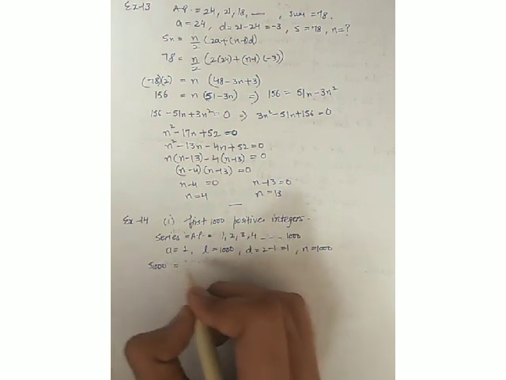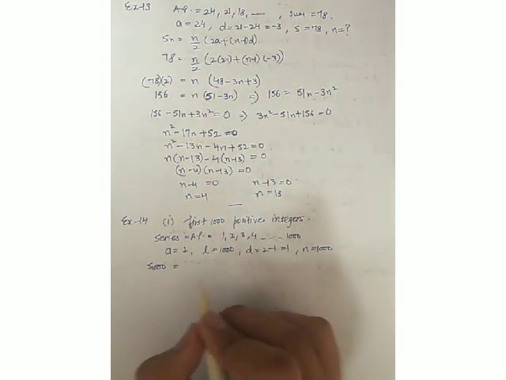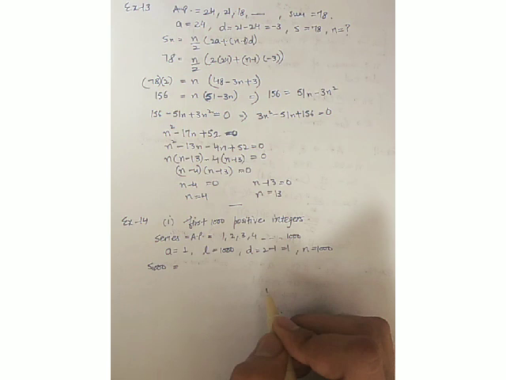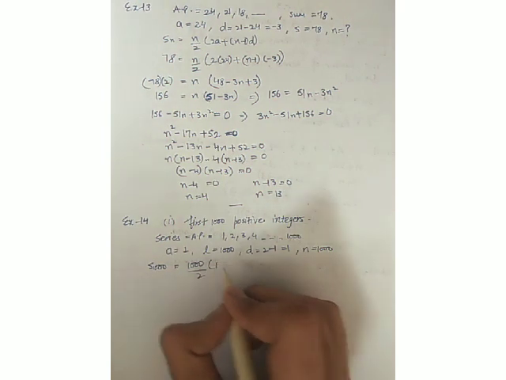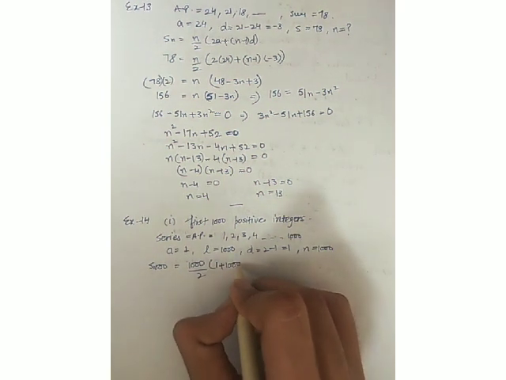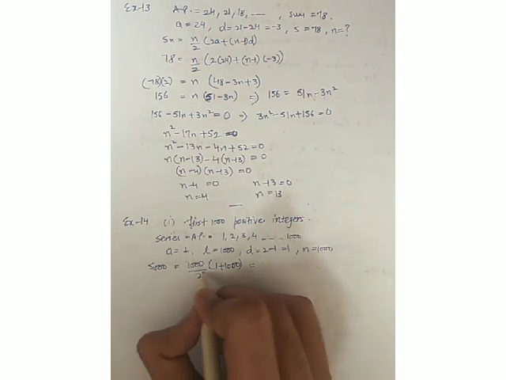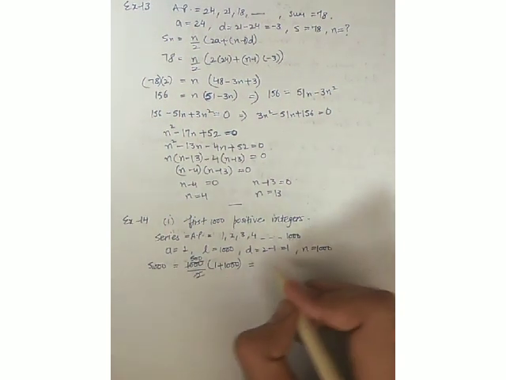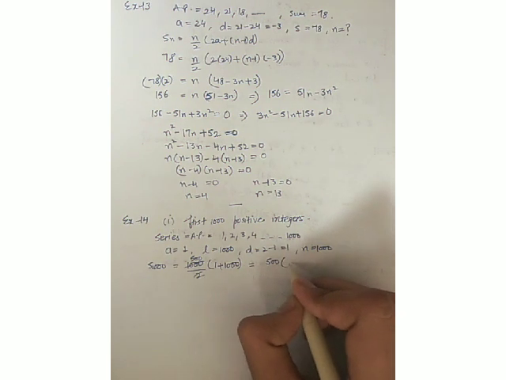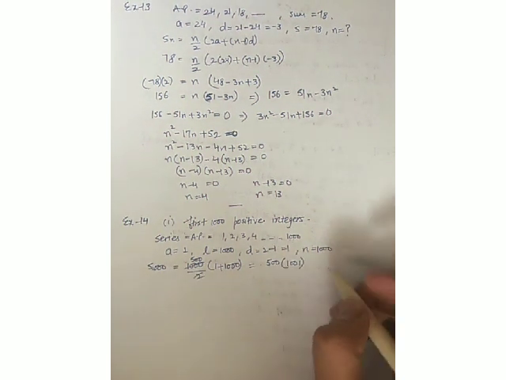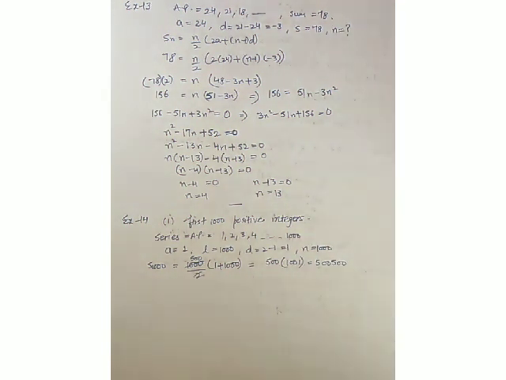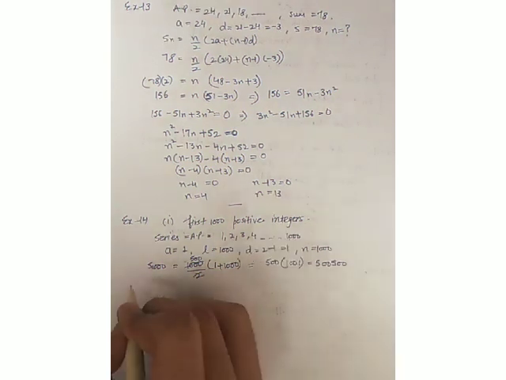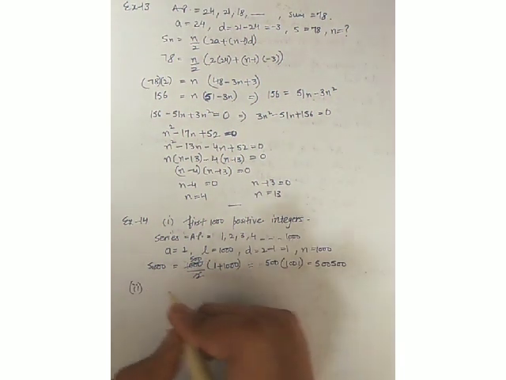Now S1000 will be, now we have learned the formula that when the last term is given, the formula will be a bit changed, that is n upon 2 (A plus L). So we'll use here 1000 upon 2, what is A, that is 1, and what is L, that is 1000. Now solve it. 2 500s are 1000, 500 multiplied by 1001, and after solving this you will get 500500. This will be your answer. So first part is done, first 1000 positive integers. Next is very similar, the second part.